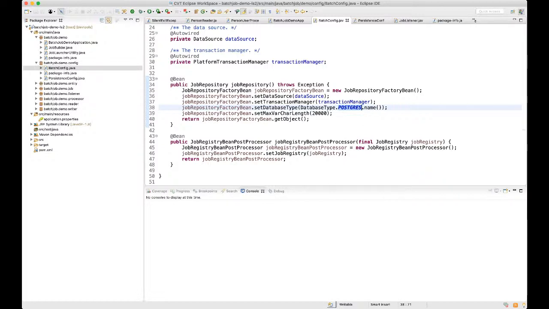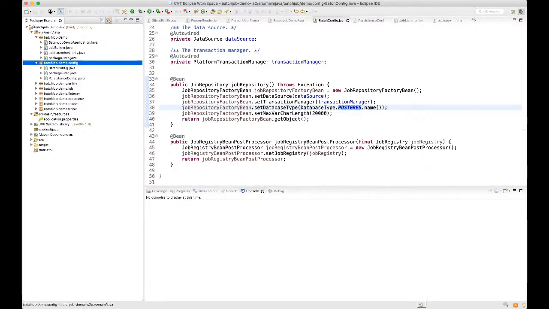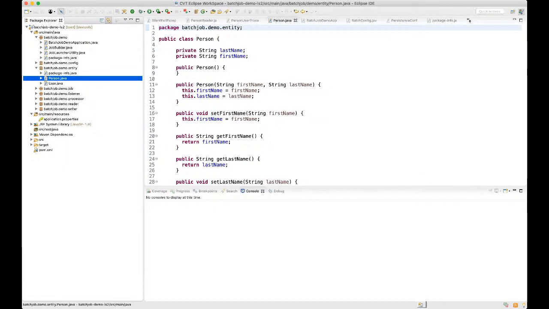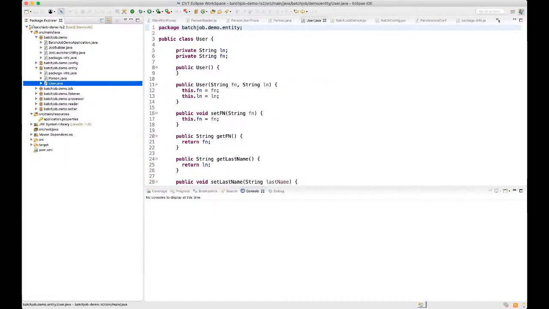In the entity section we are defining two entities, person and user. The purpose of this batch process is to transform the person entity to the user entity. In our daily development life we face this many times, that we need to import a third party database into our organization or something similar.